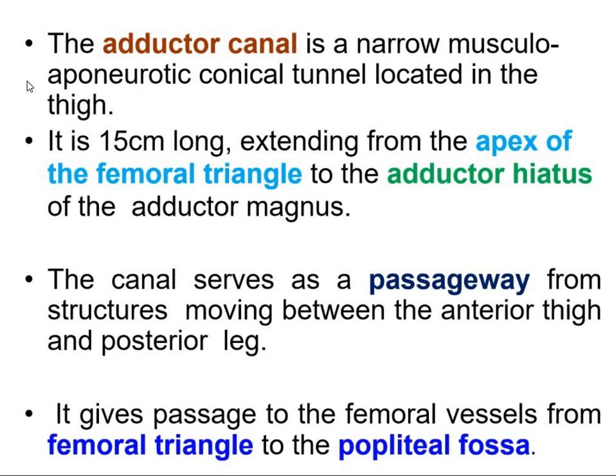Okay, by now you must have understood that the femoral artery will continue as the popliteal artery. But if you see, the femoral artery is present in the anterior compartment of the leg, which is here in the femoral triangle, and the popliteal fossa is on the posterior aspect of the leg, okay, behind the knee joint. So how it is going from the anterior compartment to the posterior compartment is through this hiatus or this adductor canal, from the femoral triangle to the popliteal fossa. Okay.